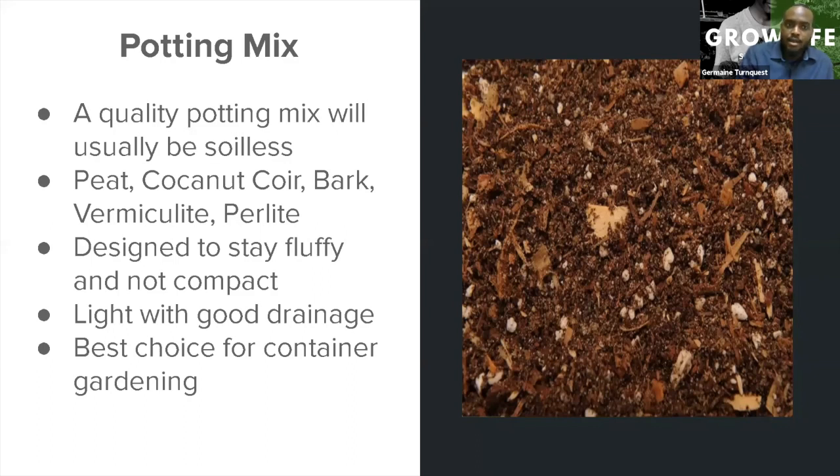A quality potting mix will usually be soilless. What do I mean by this? Exactly what it says. It won't actually contain soil. So what will it have? It'll be made up of a combination of peat, coconut coir, bark, vermiculite, and perlite. All of these are put together and blended together to make up a good potting mix. And what these allow for